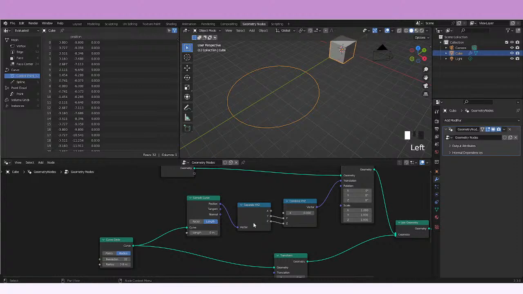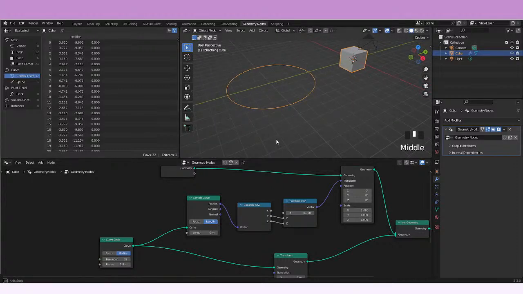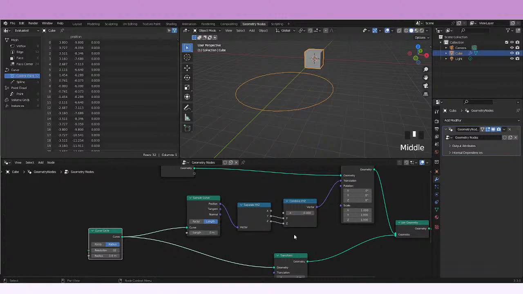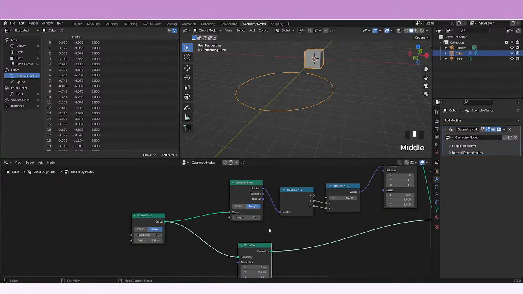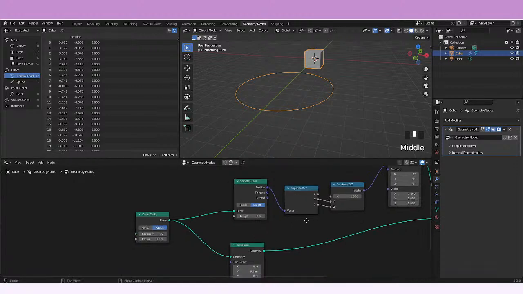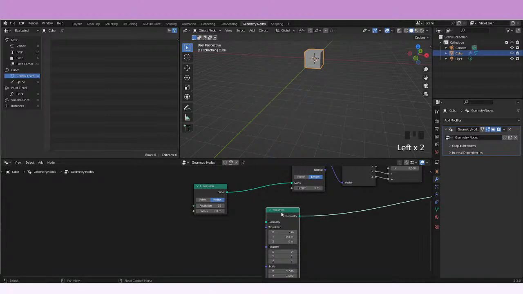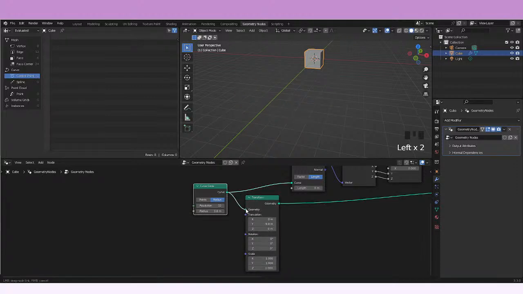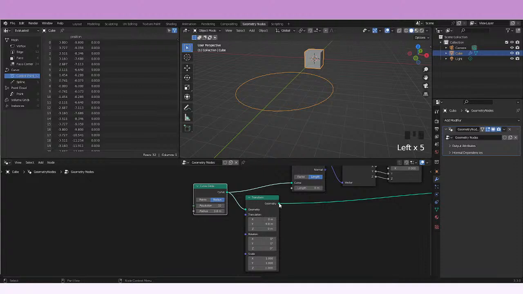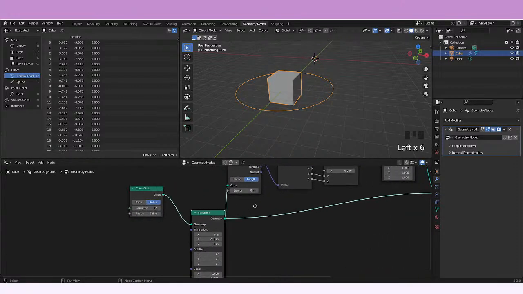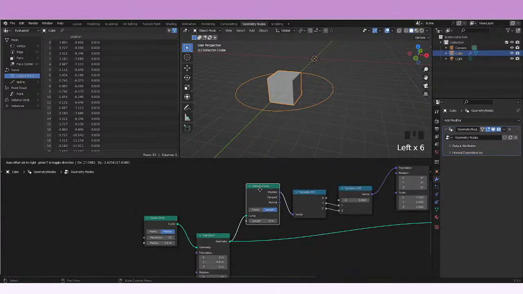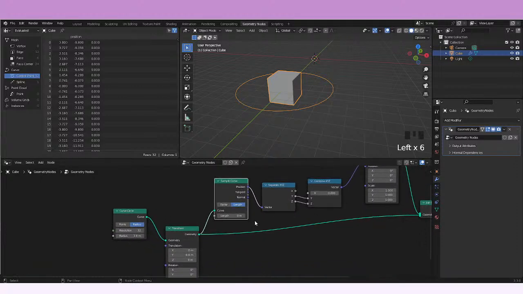Okay, because it also doesn't have any movement in the z-axis. If we want to try to add some different position in the z-axis, what we can do is just connect this here, and it's going to be, well, first of all, changing the position of the cube, but